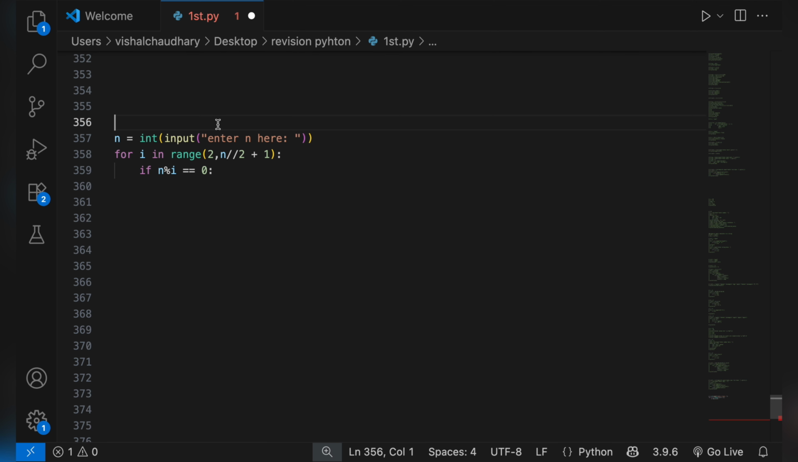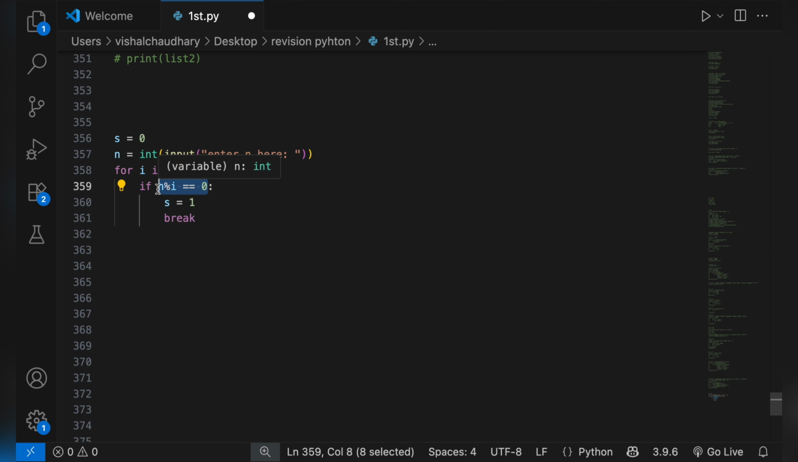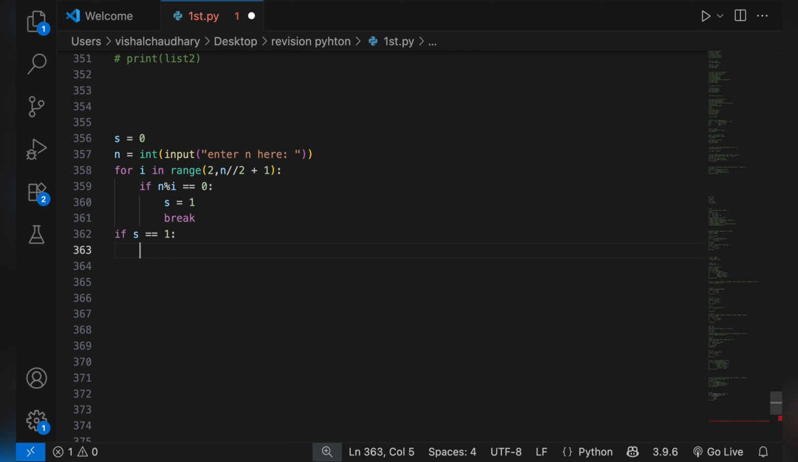So here I will take a variable s and initialize it with 0, and inside this if condition I will update this variable to 1. Outside the for loop, you can break it or not, it doesn't matter. If s is 1, means that number is not prime, because this condition was true for some value. So if s is 1, then the number is not prime, hence it is a composite number. So here I will write if s is equal to 1, then we will print